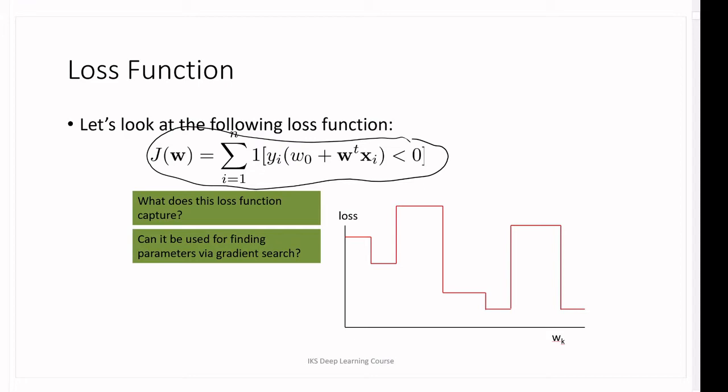And you can work out similar numbers for yi to be negative and see whether it produces a 1 whenever there is an error or not. So essentially, this loss function that we have basically is capturing the number of misclassified examples. And if we were to plot this loss function for different possible values of our parameters,